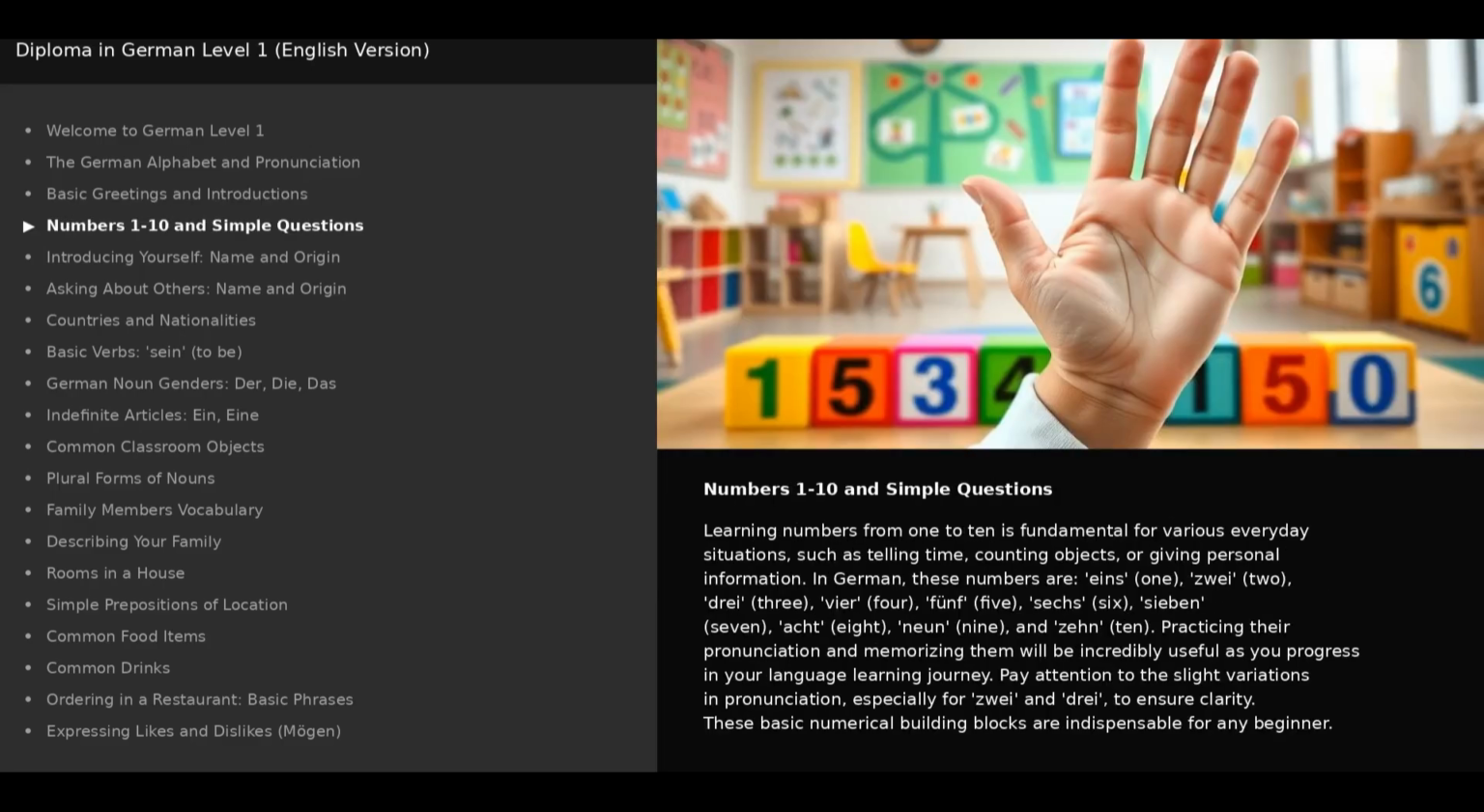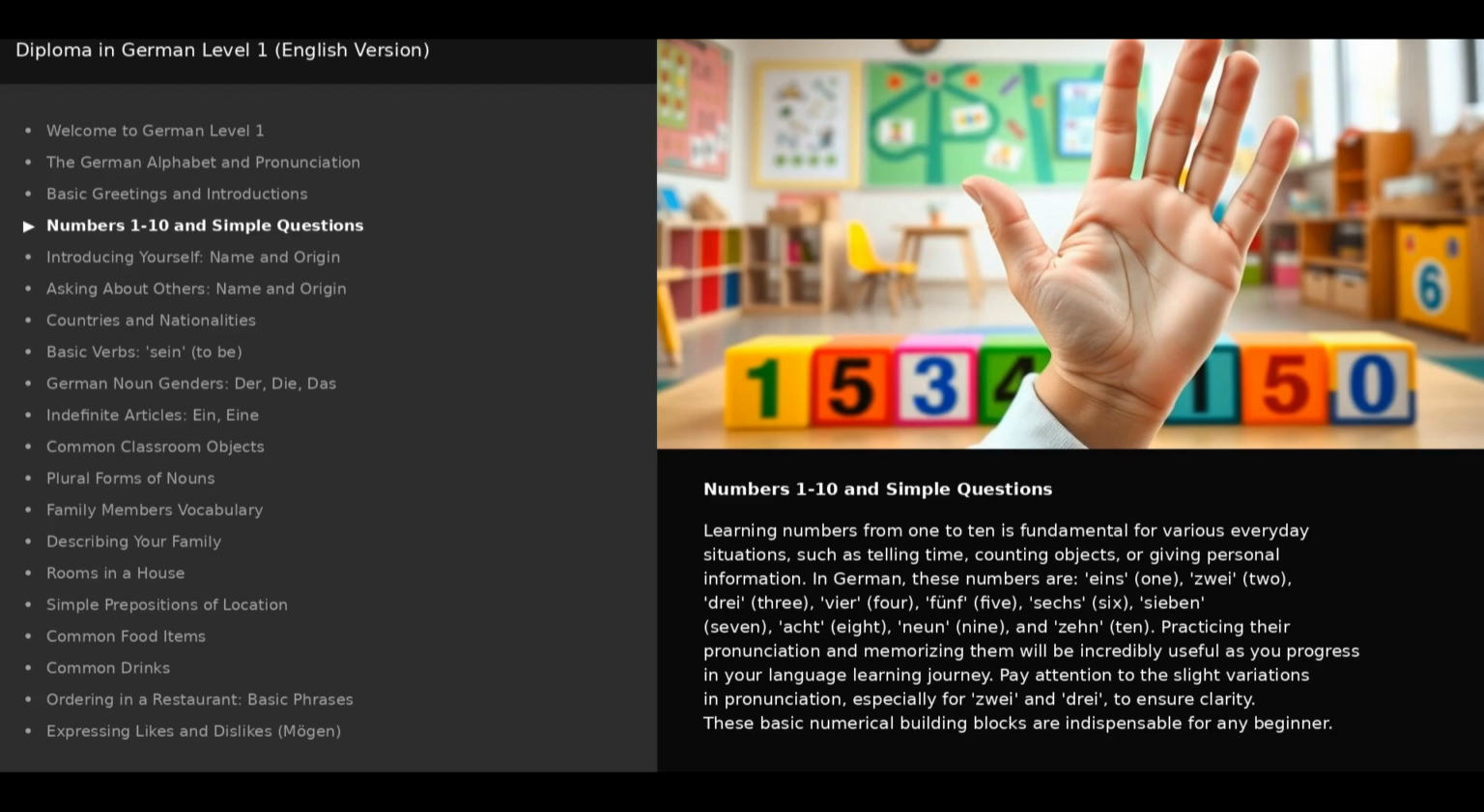Numbers 1 to 10 and simple questions. Learning numbers from 1 to 10 is fundamental for various everyday situations, such as telling time, counting objects, or giving personal information. In German, these numbers are